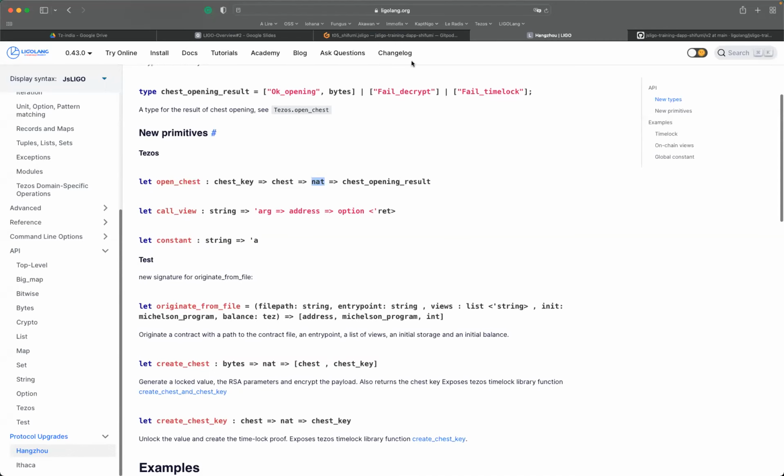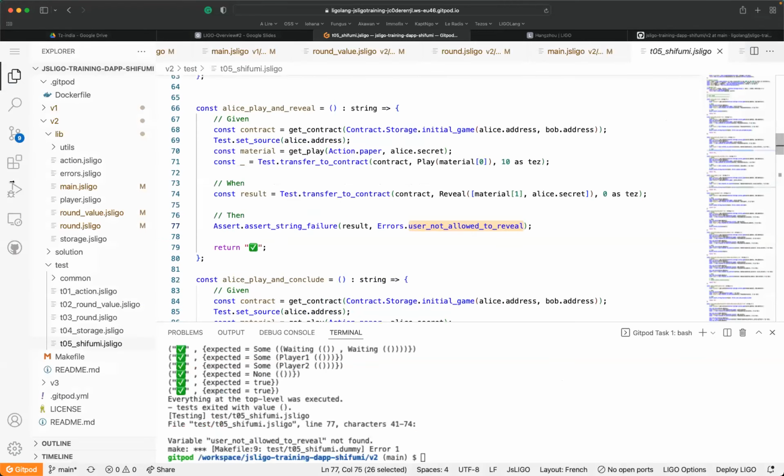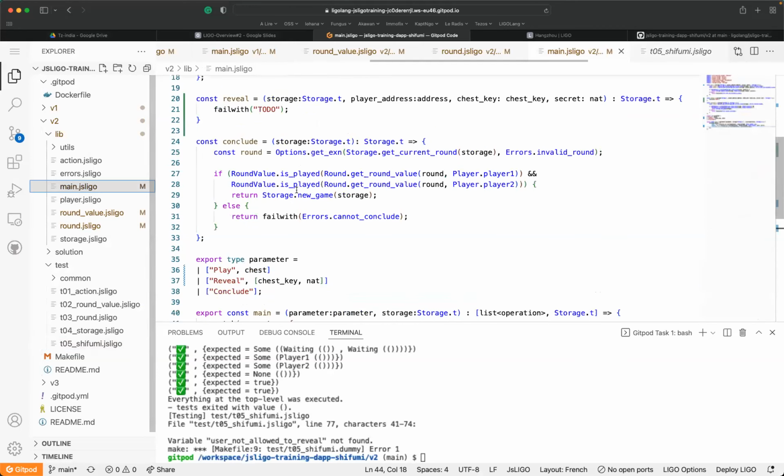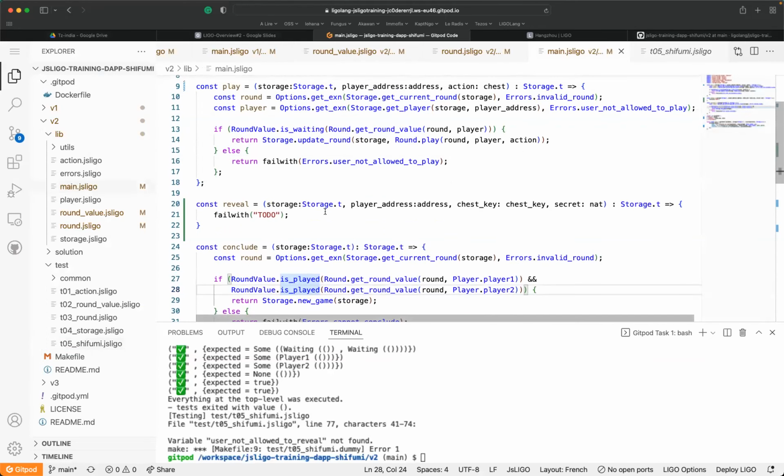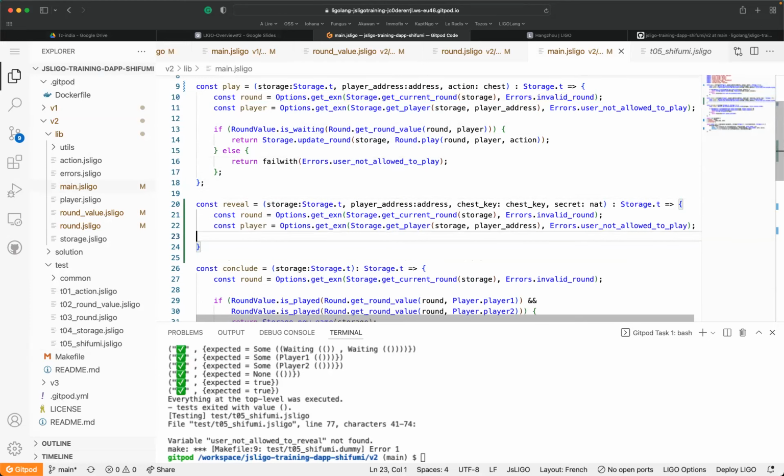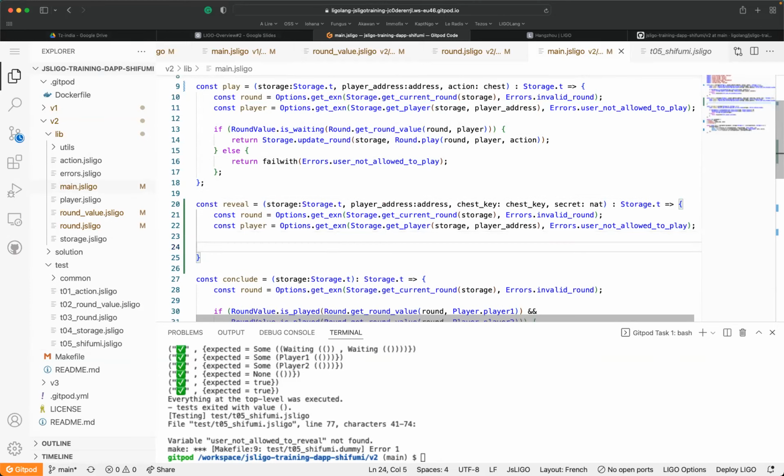So right now, we have to implement the reveal action, which is here. We are going to retrieve the round of the player once again. That's easy. And here, now, the reveal function can be done only when both players have already played.